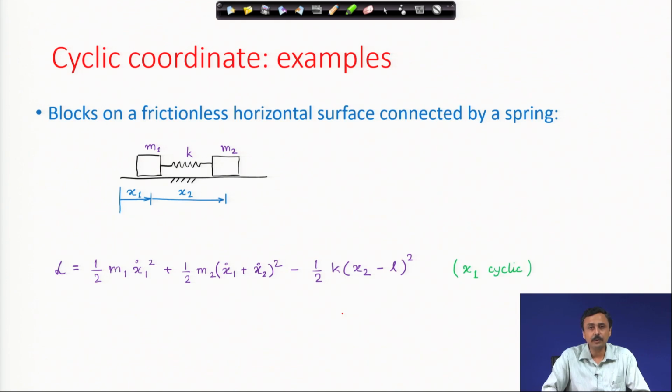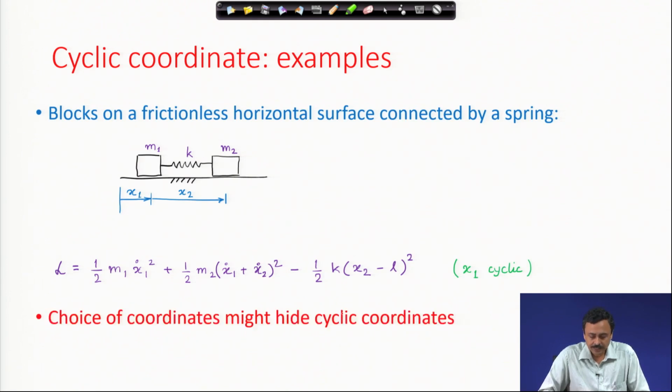See, x1 is a cyclic coordinate, but then it is something worrisome. In the previous coordinatization scheme, I did not see any cyclic coordinate. In this scheme, I see a cyclic coordinate. Therefore, I can very easily detect something which is conserved, the momentum conjugate to x1. What we learn from this example is that the choice of coordinates can hide your cyclic coordinate, and if you can see a cyclic coordinate, that makes it very easy, you have a constant of motion,